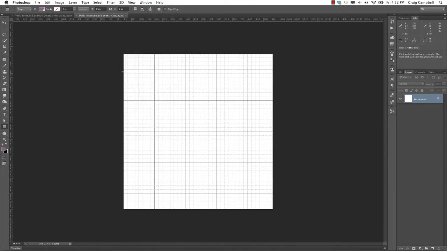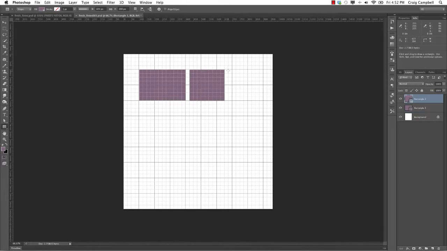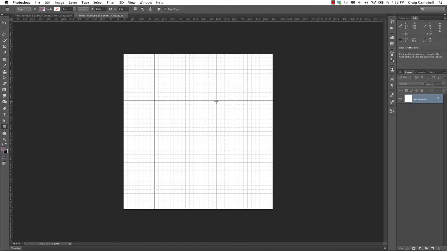So once we have snapping turned on, we can then use our rectangle tool, for example, and click and drag out, and you'll notice it's snapping to these guides. So we could very quickly create some kind of layout that snaps to these guides if we wanted to. Again, I don't use them all that often. But some people find them very, very useful when laying out their designs in Photoshop. I'm going to delete these rectangles,